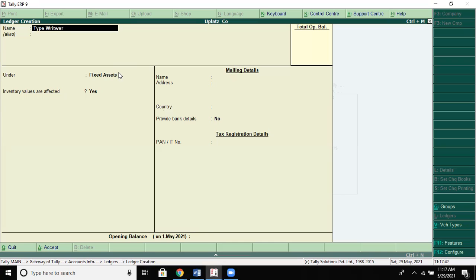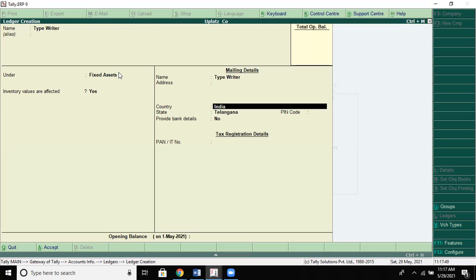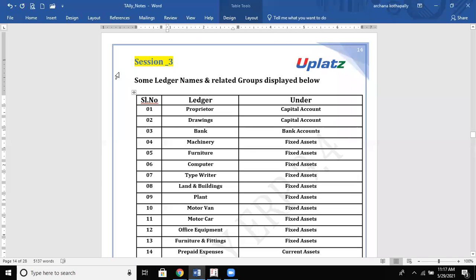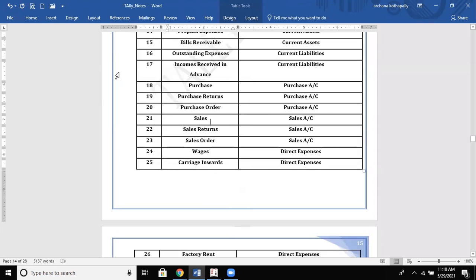We are working under one project. Let us assume that we are working under one project, with one company's details. That is why we are going to create all the details of that particular company. That is also the reason why I am not updating the opening balances, because in the further sessions we will get to know what the opening balances of these accounts are. Next, land and buildings.